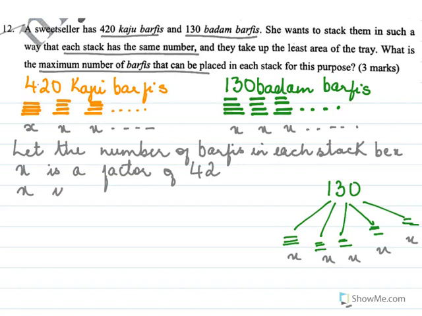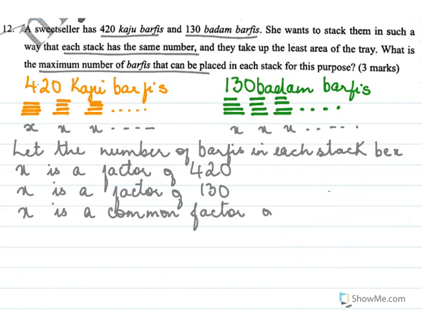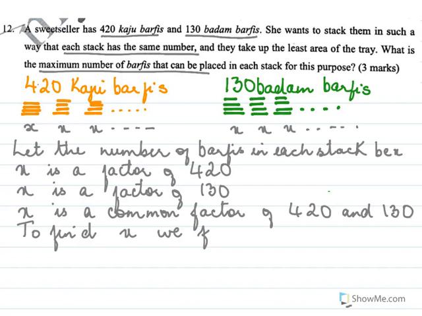So x is also a factor of 130. So x is a common factor of 420 and 130. So to find x, we find HCF